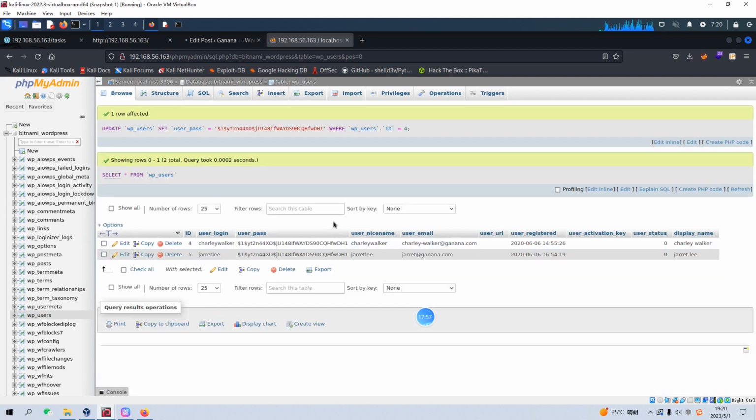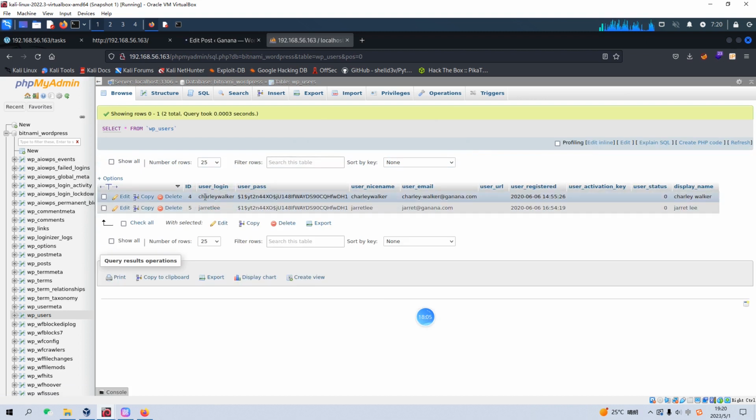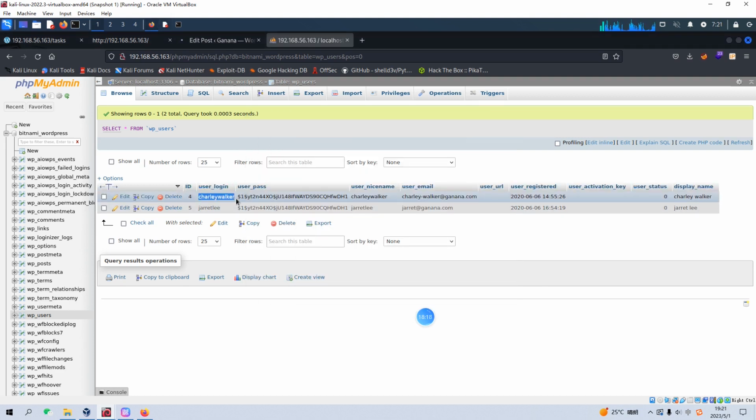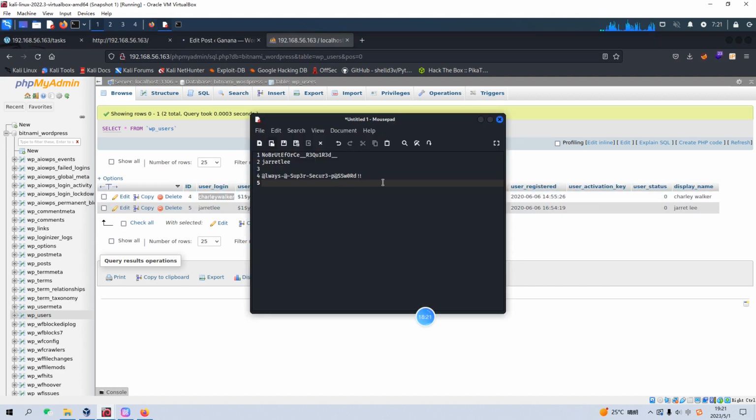Now we have already updated the password for another user, and this username is this one. We can copy the username, and we can make note of it, and then we can go back to our